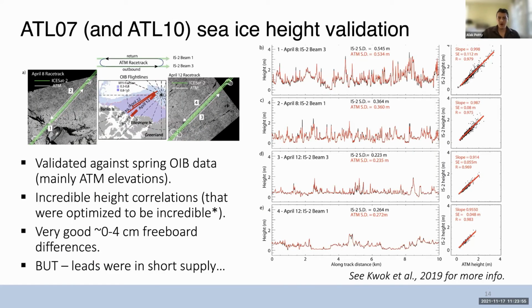So the sea ice products are being validated in various ways. The height and freeboards from ATL7 and 10 have been compared with estimates obtained by Operation IceBridge. I mentioned that earlier. Operation IceBridge just ended. It was an airborne campaign over the polar regions, with a bunch of different sensors on board to measure various things, but also a laser altimeter similar to ICESat-2 that can give us freeboard and height. So there were 4 underflights of ICESat-2 that IceBridge undertook in spring of 2019,